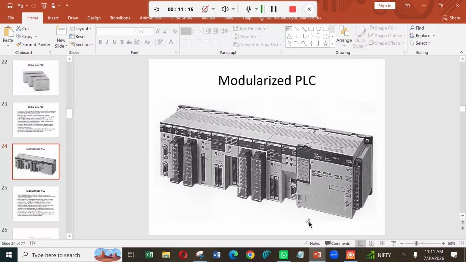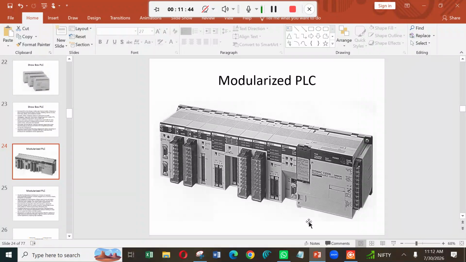Then modularized PLC. Modularized PLC is generally used for complex process control. In the modularized PLC, there are different modules they are trying to bring together. Like in the showbox PLC, all things are inside only one box.